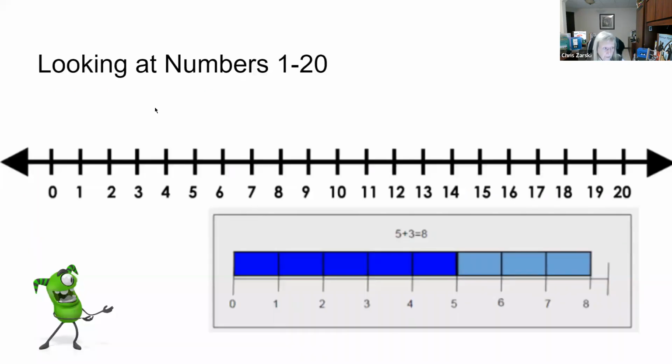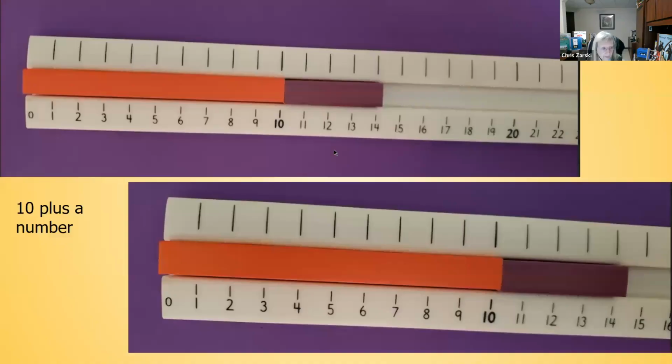So if I wanted to look at numbers from 1 to 20, for example, if I wanted to use my Cuisenaire rods, then I run off a number line that has them at exactly 1 centimeter units apart, because then I can lay my Cuisenaire rods on top, and I can put a red one right in here, and you'll see that it's actually 2 units long. How do you know? I could ask a student, how can you prove to me that an orange is 10? Well, they could lay it on here and they could see that it stops at 10, right? There's a proof. I can show it to you. I can model it for you.